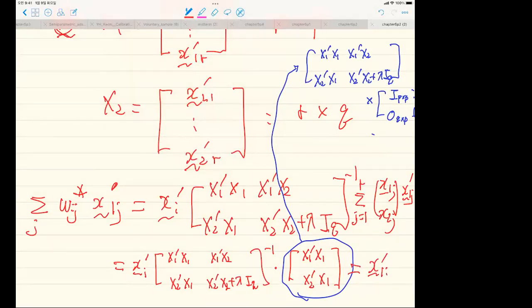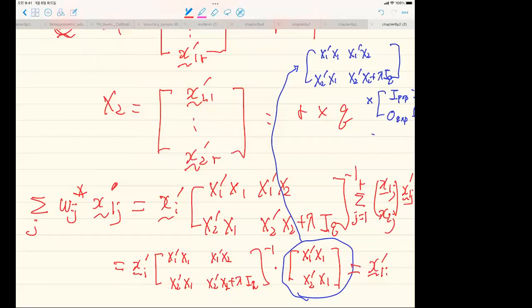That is what you want to show. Well, this is just matrix algebra, but the implementation is a little bit interesting,